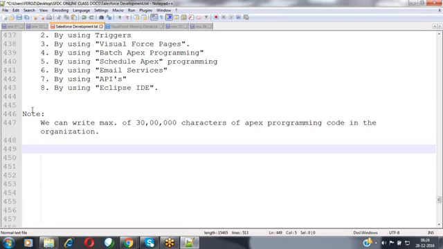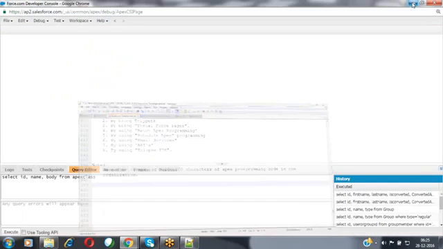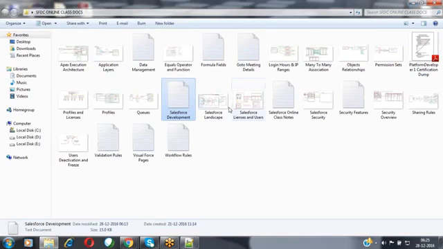Why Salesforce is giving this limitation is that Salesforce always enforces you to write the code in a generic format, and to write the code in an optimized way. Why? Because the code that you have written is not saved into your local system or your local server. That code will be saved into the shared infrastructure given by Salesforce to you. For each and every organization, Salesforce allocates some amount of space inside their Salesforce server, and in the memory location which they have reserved, your actual code will reside. We already discussed this in the multi-tenant architecture.